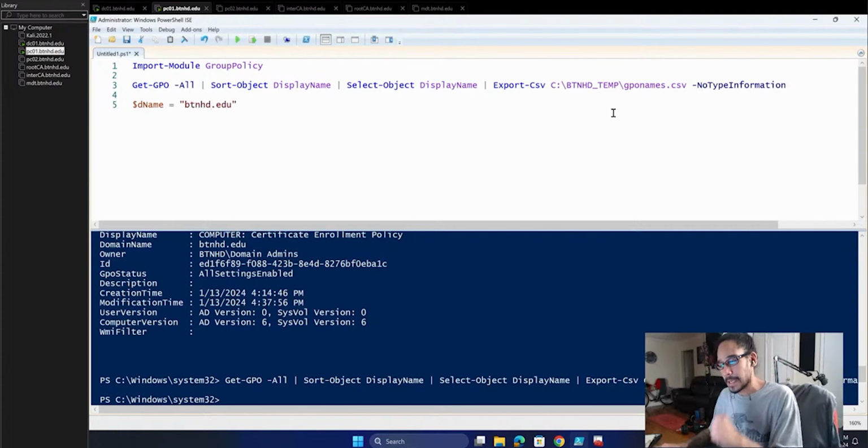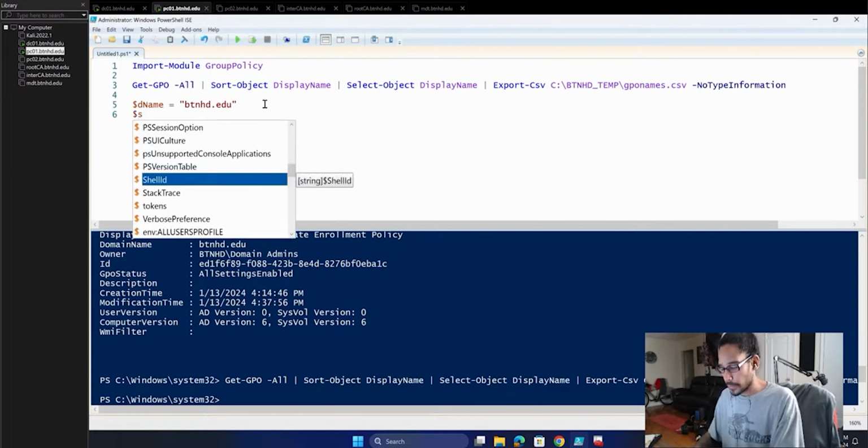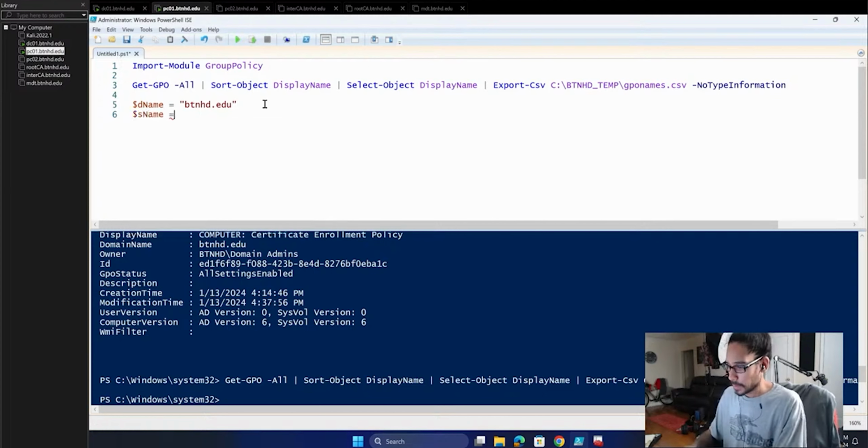My domain is btnhd.edu. Hit enter. We're going to declare another variable, S for server name, equal to open and close double quotations, and inside this variable we are going to declare our domain controller.